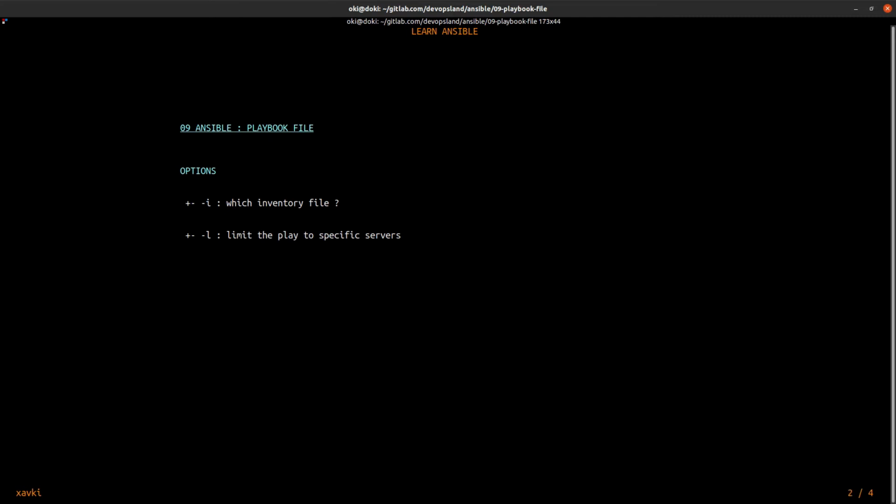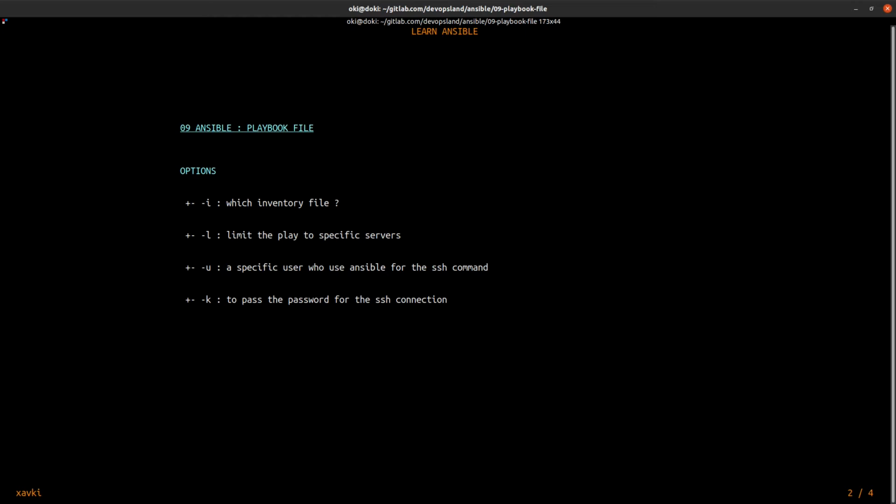When you run the ansible-playbook command, you do a play. -u is used if you want to run with a specific user. This is the user used by Ansible for the SSH connection.